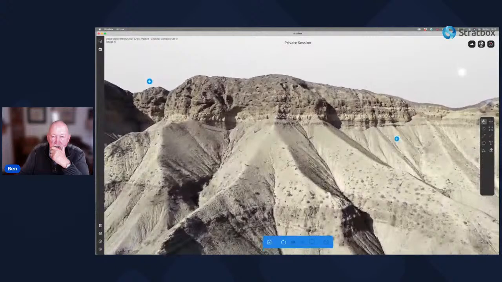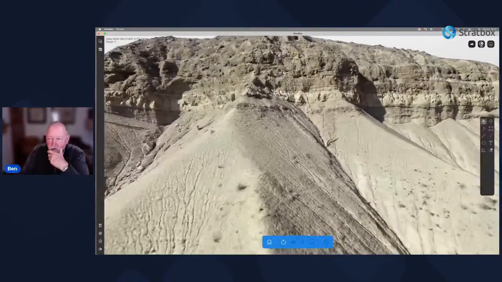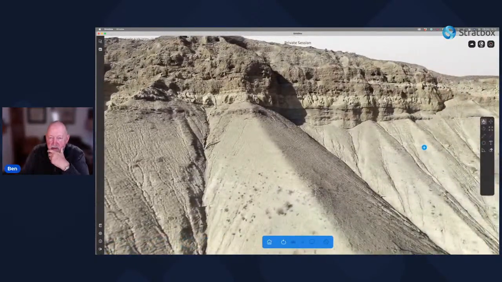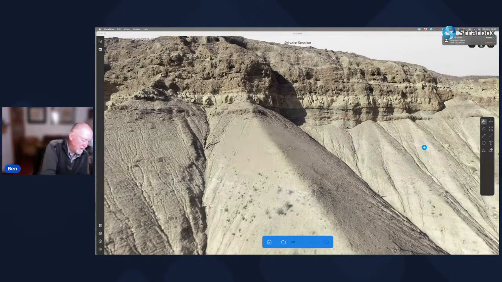Let's take a quick look at the basal surface of this channel complex up here, the next channel complex up. And it's actually a little bit complicated because the base of the channel complex is not here, where it appears to be. It's actually a little further down. And what we're seeing in here is coarse-grained material interleaved with slide sheets. And evidence of mass movement like this is very common at the bottom of